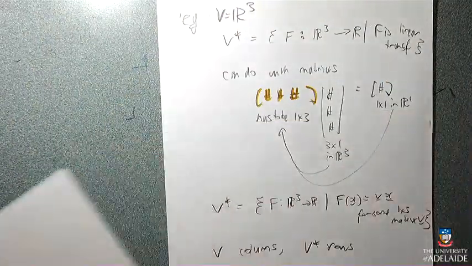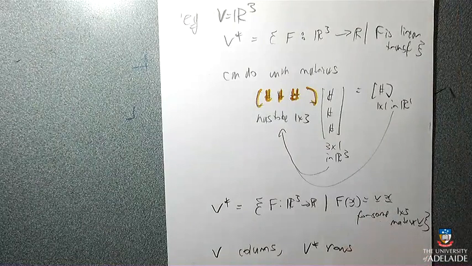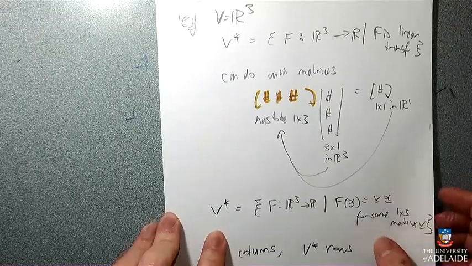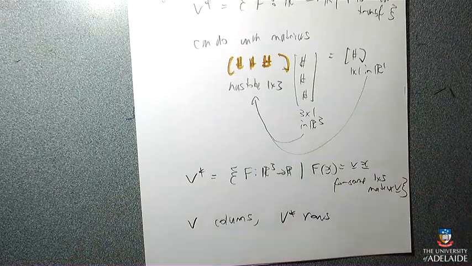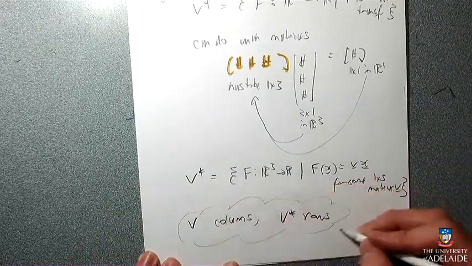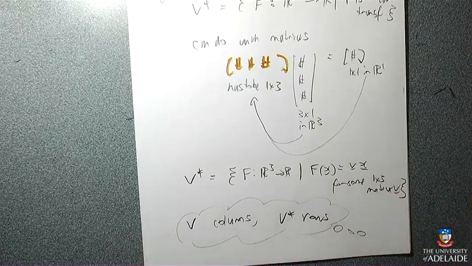Okay. I mean, this is just one way of thinking about it. From an algebraic point of view, they're not really rows. That's just how we represent them, but it's good enough for the rest of us to just feel okay about that. Okay, cool. So this is what I'm thinking in my head. Of course, technically, you could do V star star, and then you could have the functions from V star into R. Is that necessarily isomorphic to V again? It would look different. Oh, okay. That would get us some weird stuff. Okay, but that's okay. I'm feeling good about this.